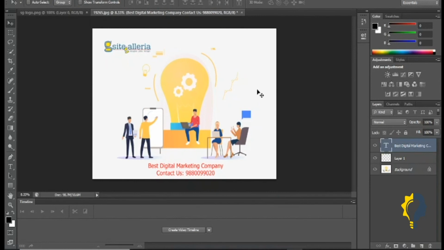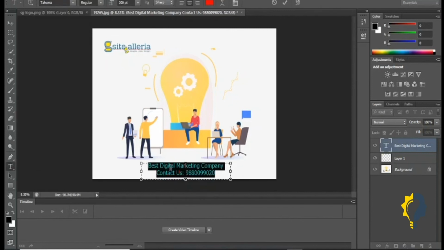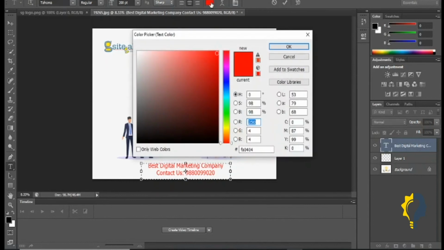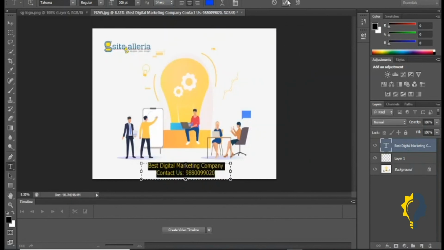You can make it more creative if you want. You can write it here also, wherever you want. Now for example, this color does not look good. In that case, again I'll come here, and I select all the text. After that I click on this color at the top, then I'll select any color, for example blue, and click OK. So this blue color appears here, and then we will save this one